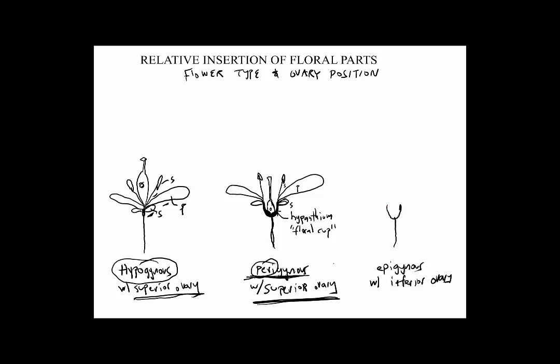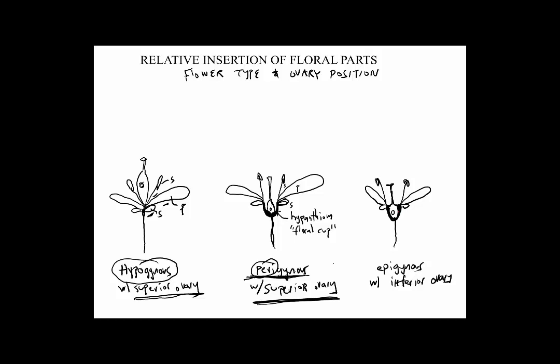So we're going to draw this flower. We're going to draw the hypanthium. And it's got sepals and petals and stamens. And the ovary is fused. The ovary is in there, but it's fused to the hypanthium. The ovary is here. So look at what this flower is like. The sepals and the petals and the bases of the stamens are fused into a hypanthium, but the hypanthium is